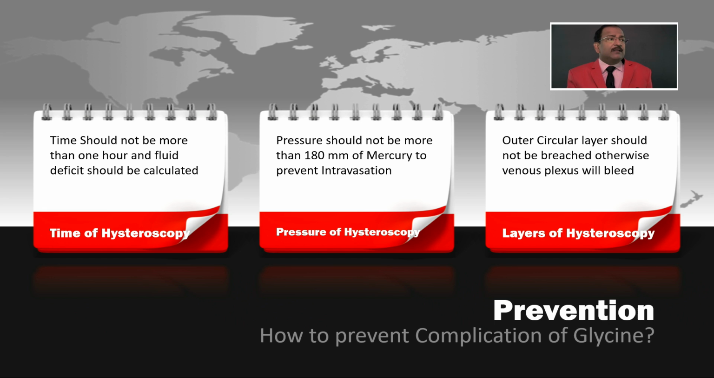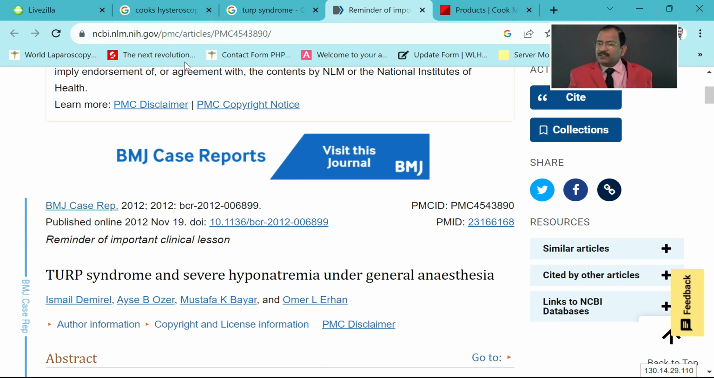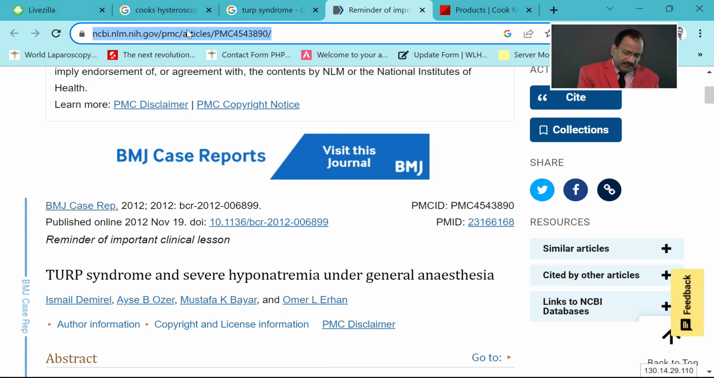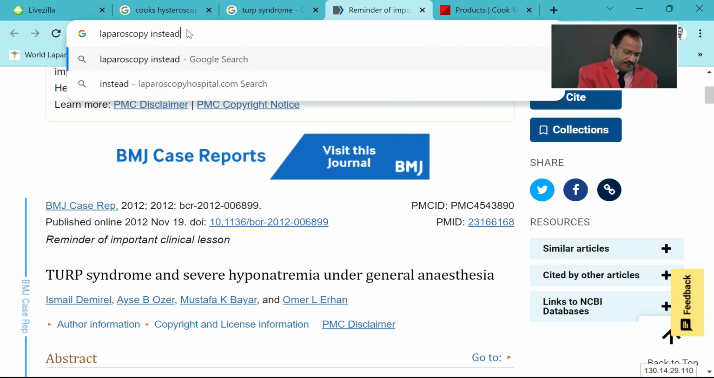That is why for all myoma which is more than 4 centimeter in size, with more than 4 centimeter intramural extension, laparoscopy is better, hysteroscopy is not good. All the recent literatures are not recommending hysteroscopy. So, if you type here laparoscopy instead of hysteroscopy for